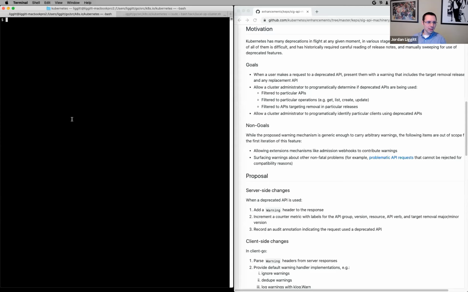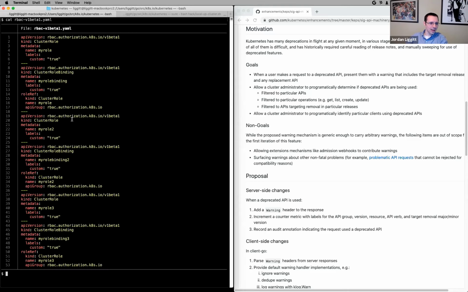Cool. Okay, so just to walk really quickly through what I'm envisioning this experience would look like. We've had a problem for a long time where we have things that are long deprecated that people don't actually realize they're deprecated, or they're using and they don't realize it, and then it gets dropped a year and a half later, and they're surprised. So this proposal is to try to help avoid that surprise.